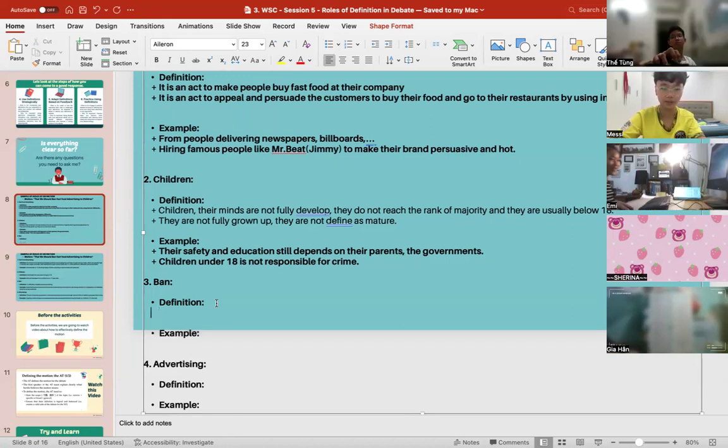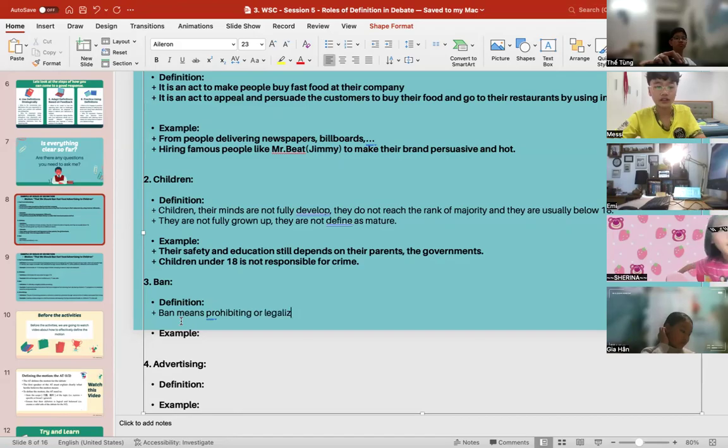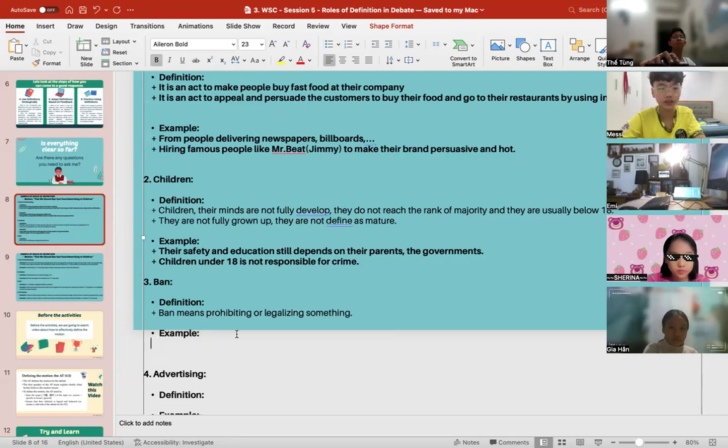So, what is your example? Ban means prohibiting or legalizing something. Okay, and your example is government